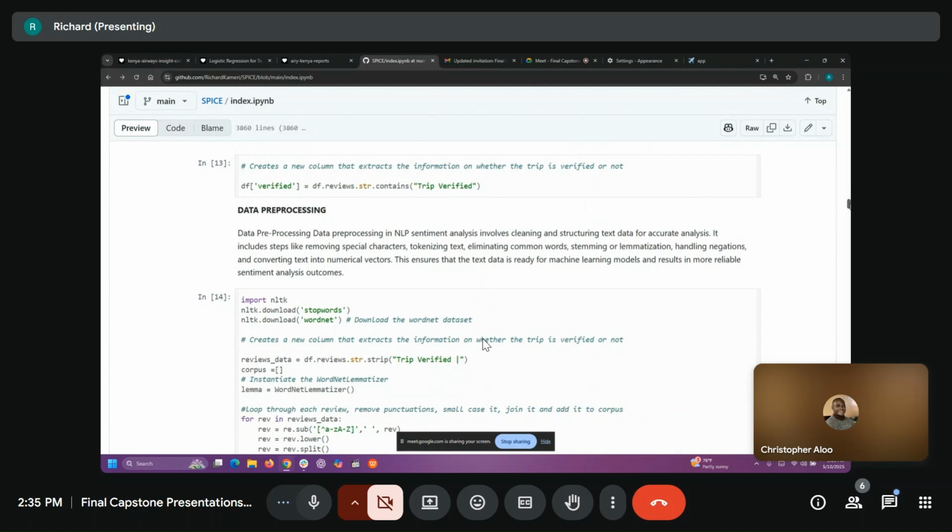These included removing special characters, optimizing text, eliminating common words, handling negations, and converting text into numerical vectors. So what are negations, and also what is stemming and lemmatization? Because remember, in the presentations we've kept on asking, what do you mean by tokenizing? Remember, you're not presenting to an audience that already does NLP, so you can tell us, okay, a tokenized